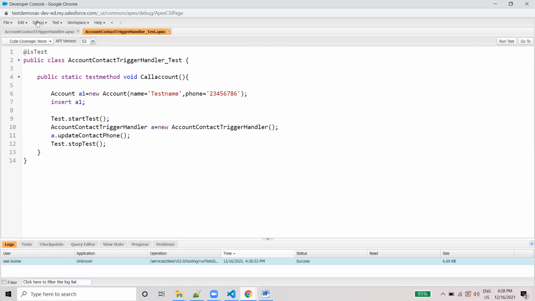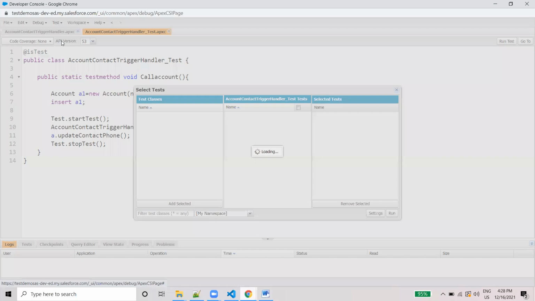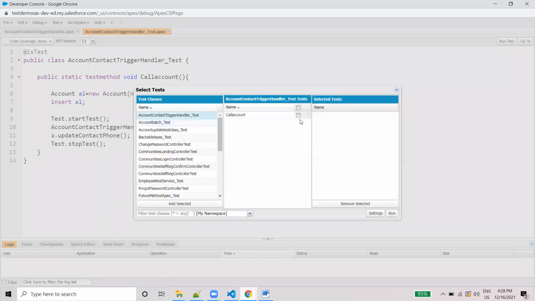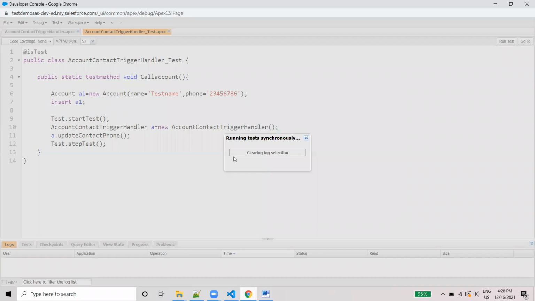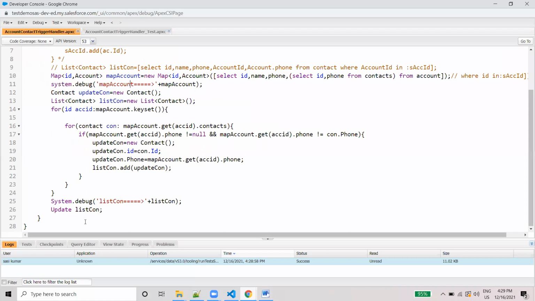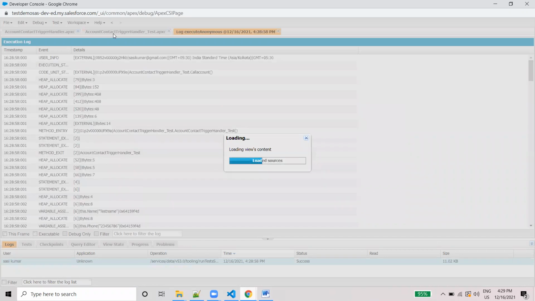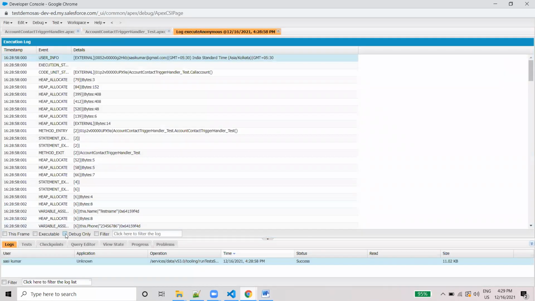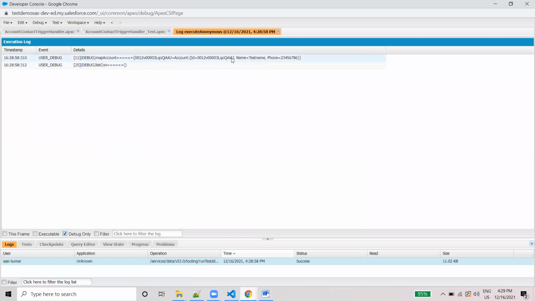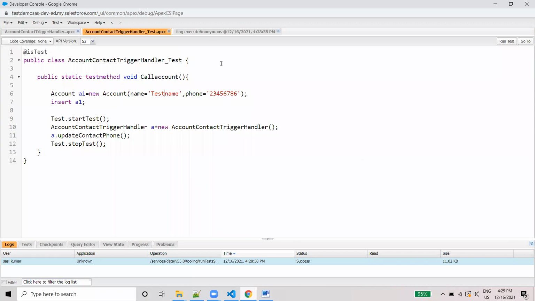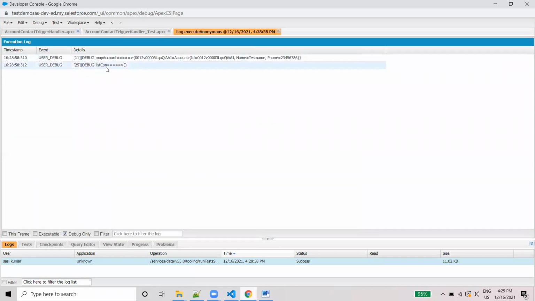I'm going to clear the logs first and run the test class again. First choose the test class and test method and click on run. Now first check the logs to see whether the values we gave are printed here. Click on the debug log. You can see the test name and phone number printed, whatever we gave here, but the list of contacts is empty.